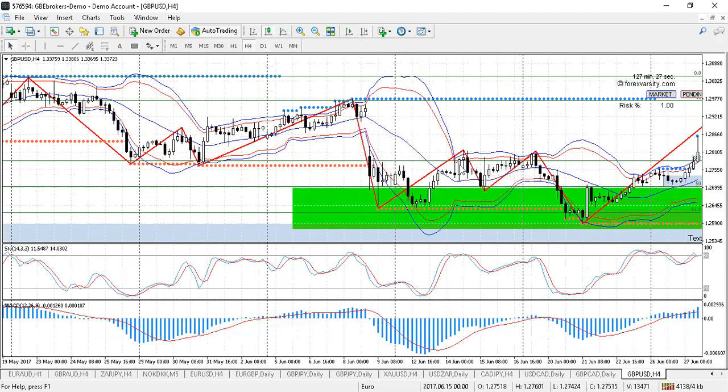You can ignore this zigzag. It's only got 1, 2, 3, 4, 5, 6. We need at least 7 candles. Our zigzag would look something like that. The stochastic there is in the oversold section. So if we put a